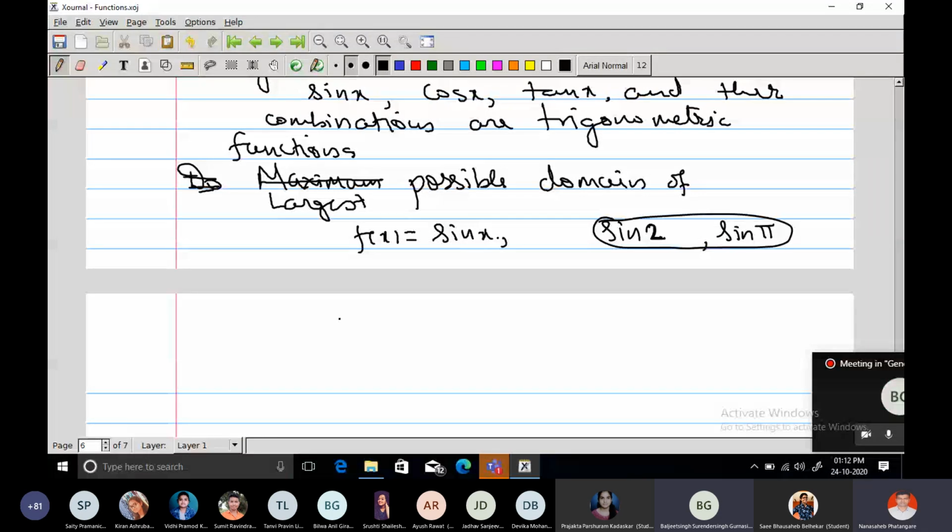Right, in R. Because this function is defined at every real number, no problem. And its values are real numbers, because you know that sin pi is 0, and sin 3 pi by 2 exists, which is plus 1 or minus 1. So it is defined at every real number. So if g(x) is equal to cos x, is it defined at every real number? Yes, sir. But if I have h(x) equal to tan x,